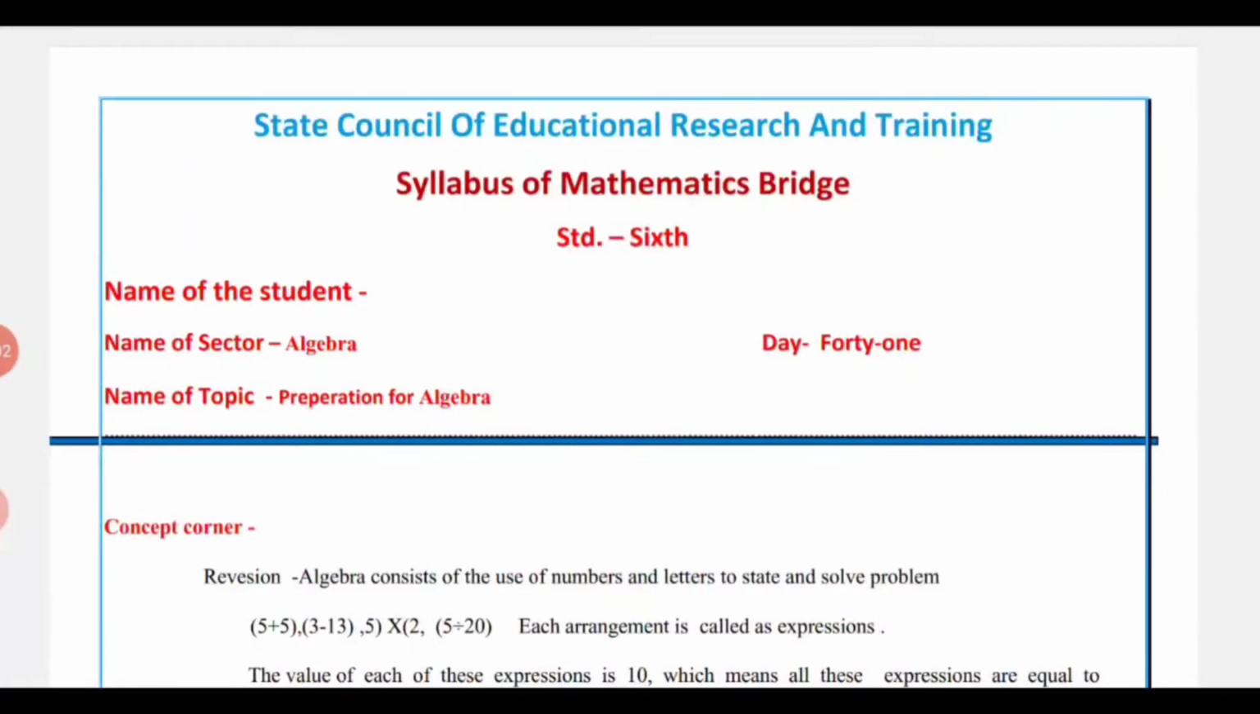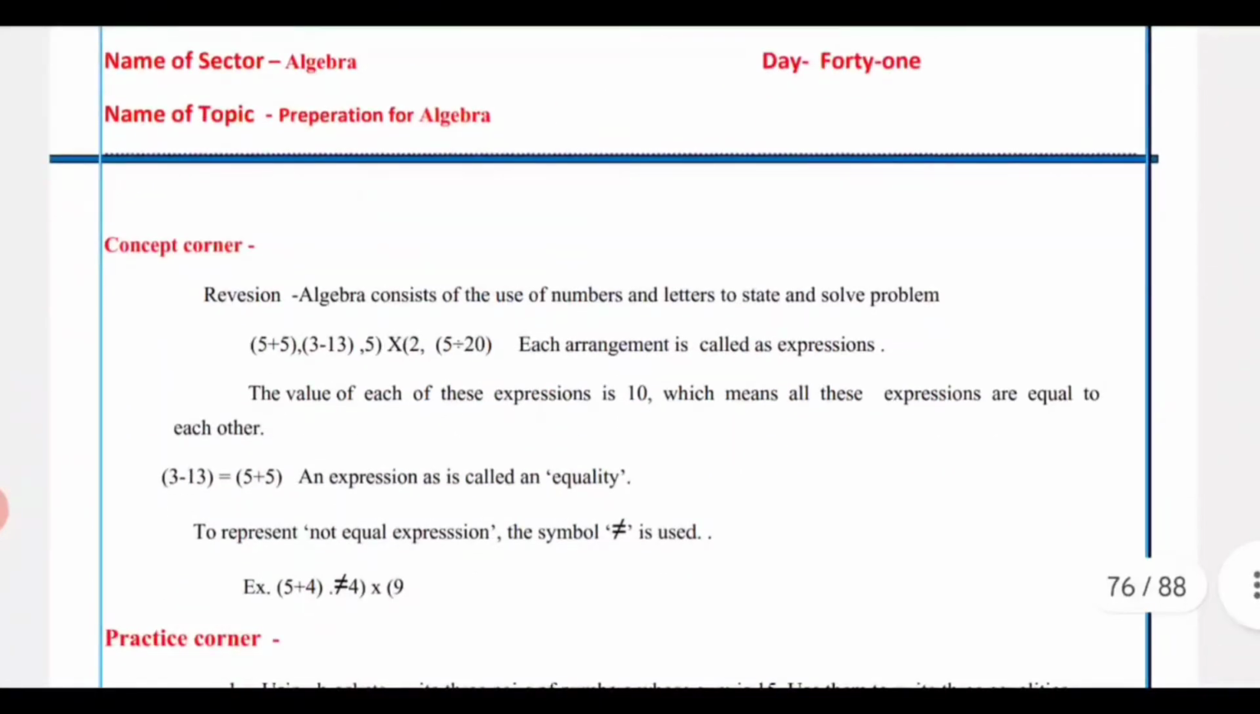We have come to day 41. Day 41 is dealing with the topic algebra, preparation of algebra. In concept corner, we have this revision: algebra consists of the use of numbers and letters to state and solve